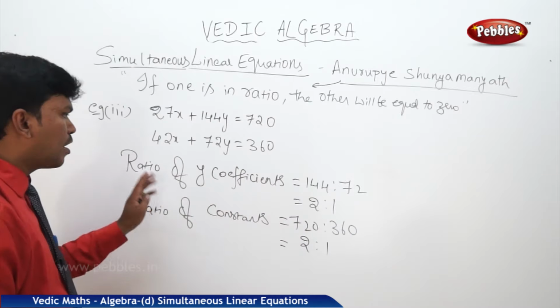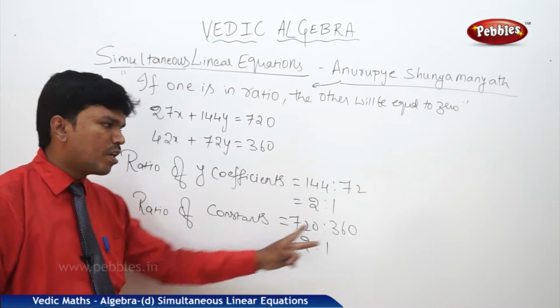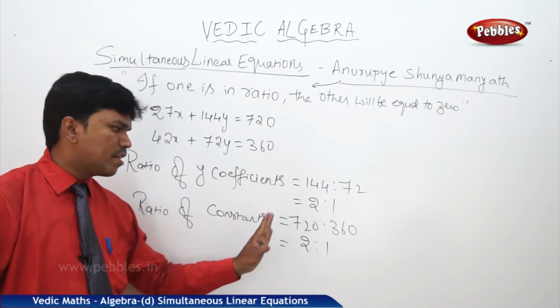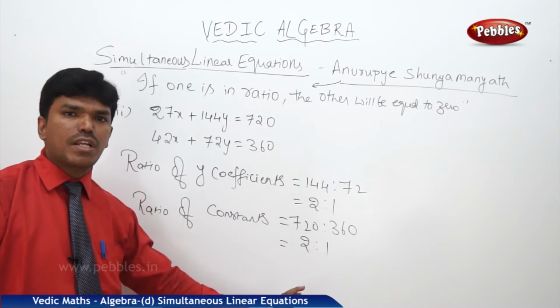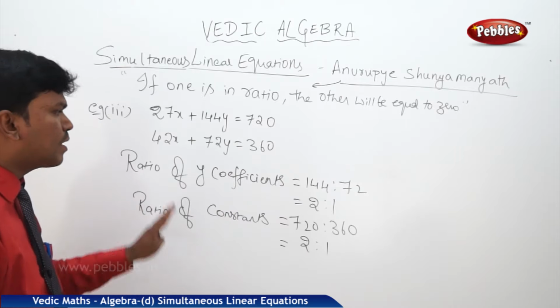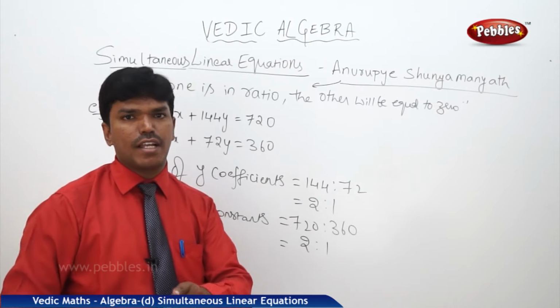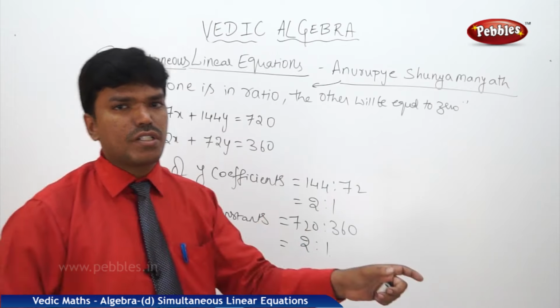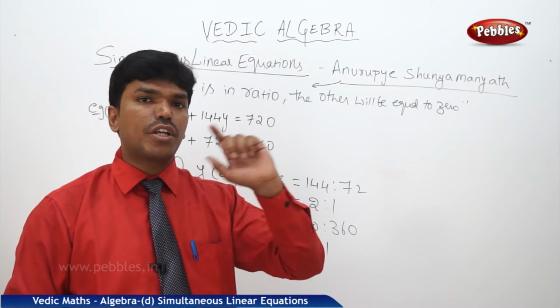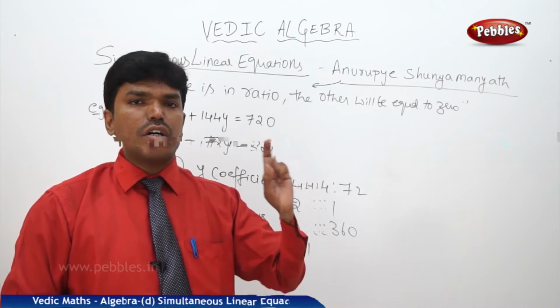Now if you observe, the ratio of y coefficients is 2 is to 1, and the ratio of constants is also 2 is to 1. Both the ratios are the same. If both the ratios are the same, this time it is not x, it is y. So if the coefficients of y are in the ratio with the constant terms,